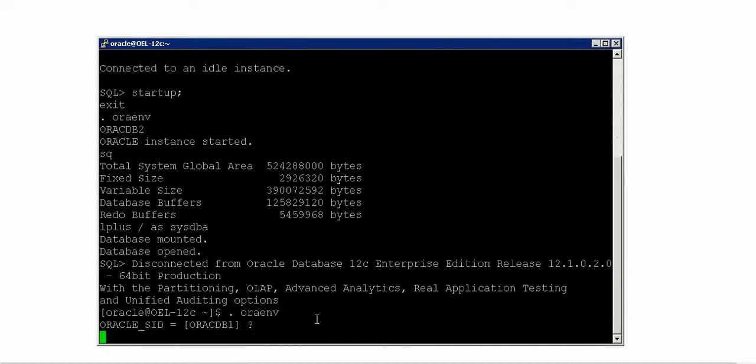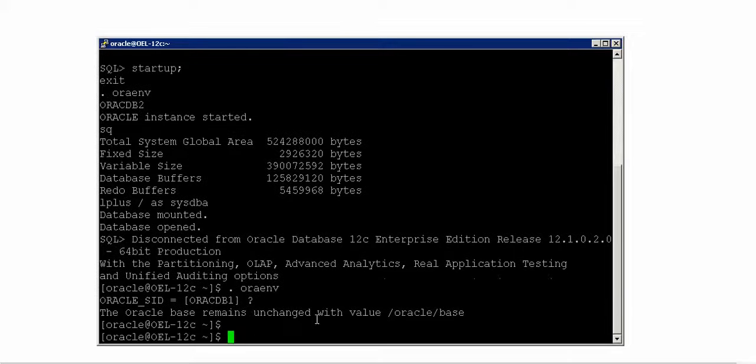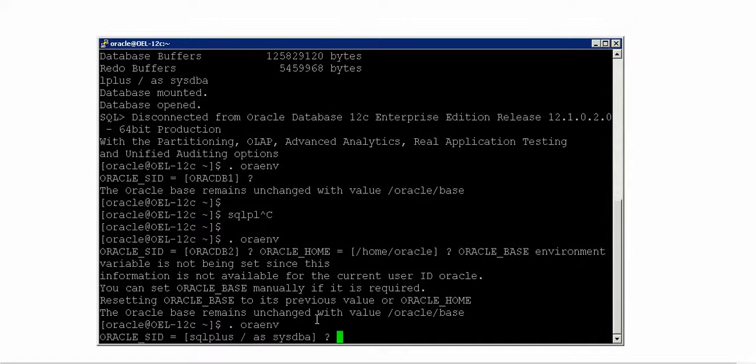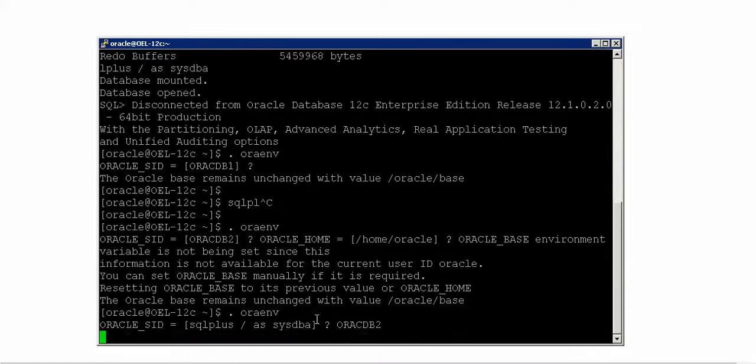Yep, so sqlplus, the aura env, auracdb2.